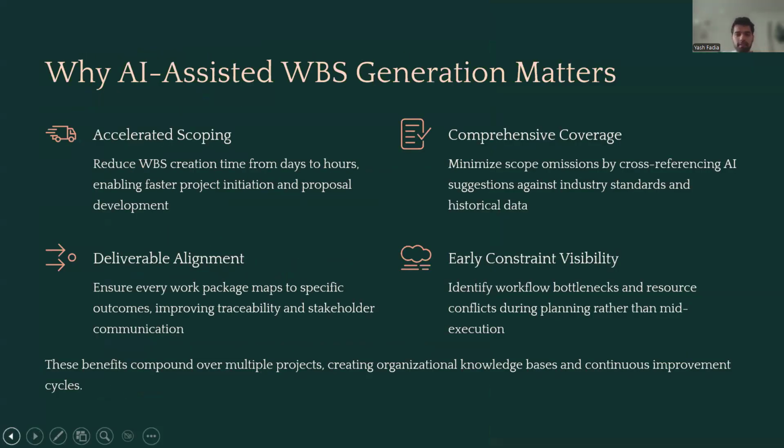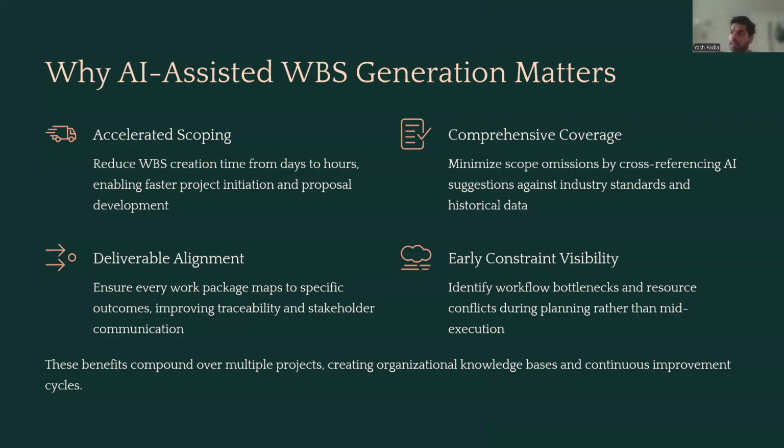So why is this a benefit? There are five clear reasons that I believe that AI can help with work breakdown structure generation. And the first one is speed. I think the reduction of work breakdown structure creation from days or months to hours will allow the project proposal process to be made faster, which allows again more projects to be moved through an organization, more holistic checking, and also allows humans to spend time on not just the manual tasks like filling in the basic tasks, but really looking into the gaps in the output of what AI has created,